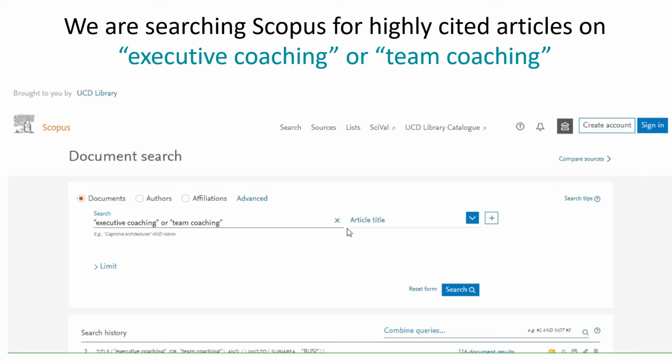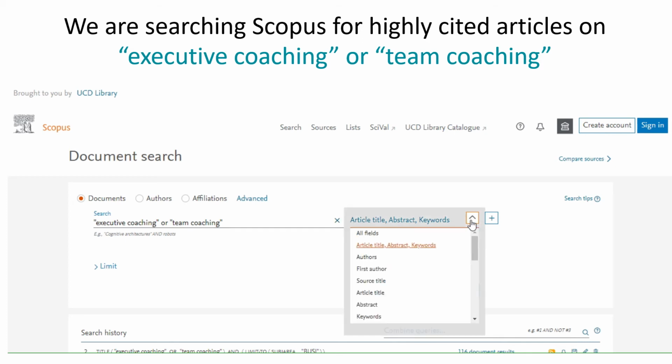So Scopus is a very unique database. You can actually search for different articles across different disciplines within this database, and it'll search for ones that are highly cited. So I'm going to do a search now for executive coaching, and I've done the search already, so it's coming up. So executive coaching or team coaching, and I'm going to search within the fields of article title